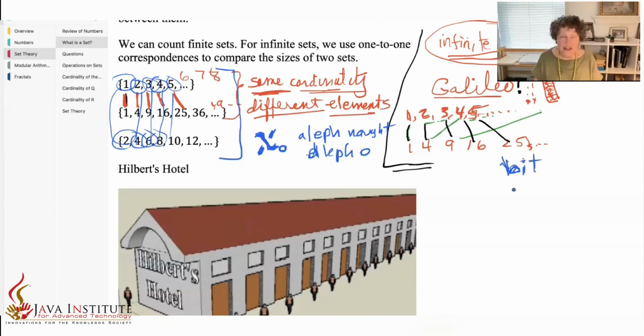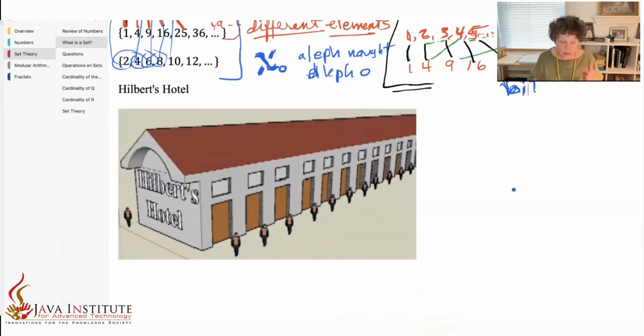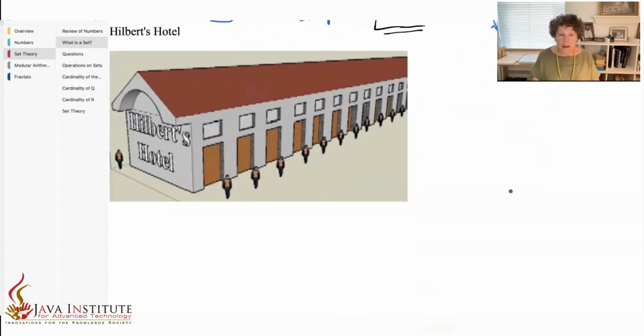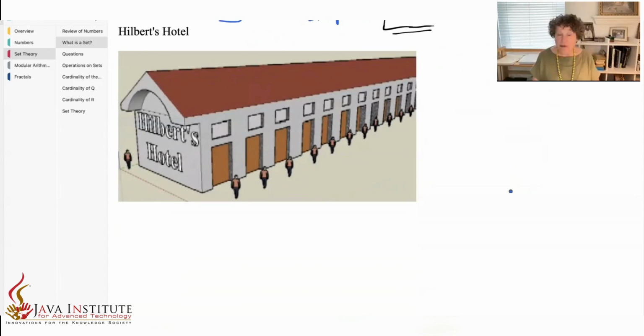But Hilbert said, you know, Cantor, this is such a beautiful idea. And we'll see later what he said about Cantor's beautiful idea. He said, but I want people to have a better understanding of the idea. So let's imagine a hotel, and in the picture, you don't see the end of the hotel because it goes on infinitely. So Hilbert's Hotel